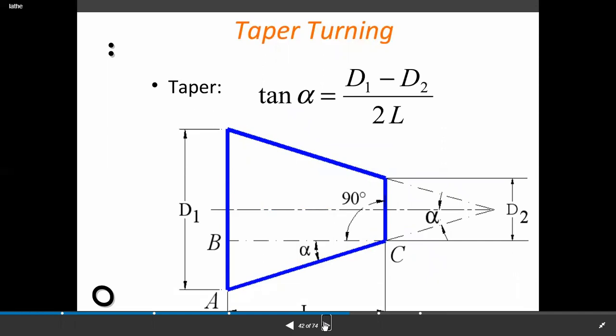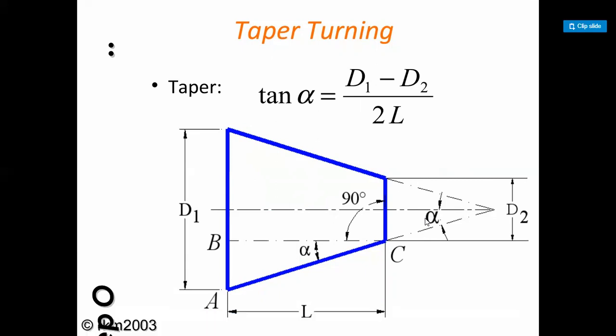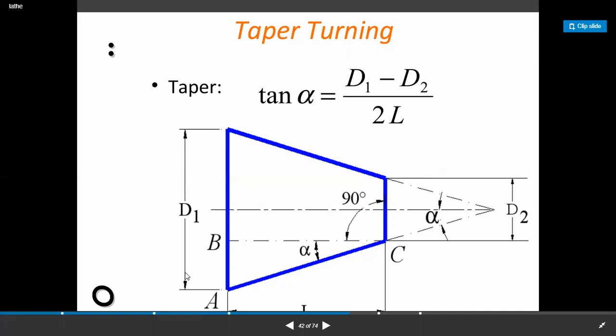Last lecture ला पण आपण बघितलं होतं, but it is important part as per your practical point of view. Your external practical will depend upon all these number of parameters. So job drawing is given and in that job drawing there may be some taper. So maximum diameter is given and smaller diameter is given. So when you increase this taper line along this axis, the point at which it meets together, it will form the 2 alpha angle. So one small alpha or alpha by 2 is called as a half taper angle. That alpha angle is the half taper angle, and in that drawing d1 is the maximum diameter and d2 is the smaller diameter in the taper turning.